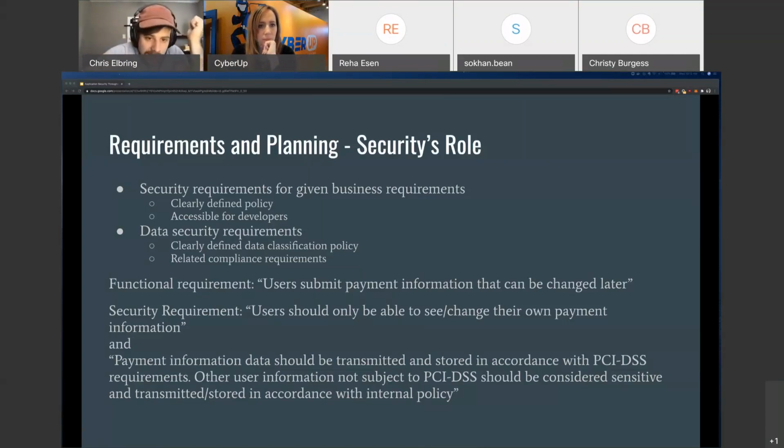So then the data security requirement: payment information should be transmitted and stored in accordance with PCI DSS requirements. And other user information we can store that's related to the user should be considered sensitive and transmitted and stored in accordance with internal policy. So we just want to make sure that for each functional component,